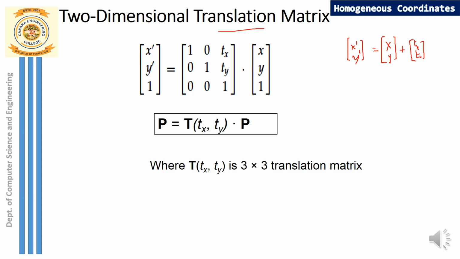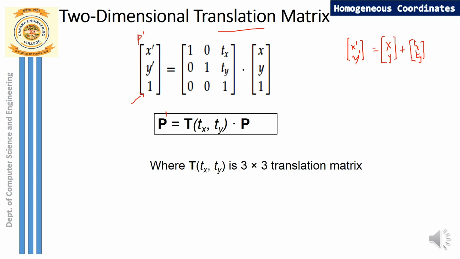This was our original representation, but now this translation can be represented in the homogeneous coordinate system, where we are adding a third element in the matrix. You can see the LHS here, point P dash, is given by x dash, y dash, that's the new point you are calculating, and this third element is 1. This element 1 represents the origin or the reference point. What is our reference point? Usually we take the reference point as origin. So this 1 you can call the homogeneous parameter, which should not be 0. If it is 0, it represents 2D representation, not homogeneous.